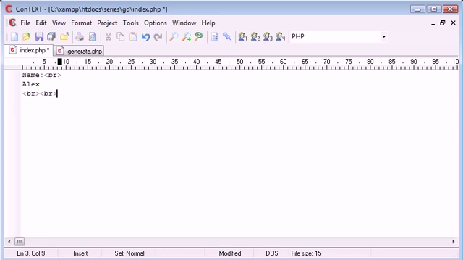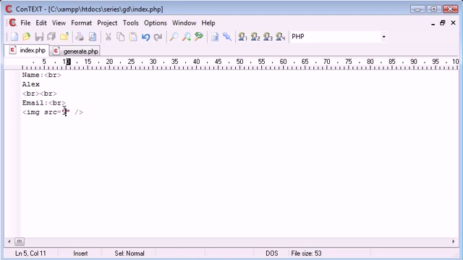Then we'll break down a couple more times and we'll say email. We'll break down. Now what we want to do is output this image from generate.php in here. So how are we going to go about doing that? Well, we're going to create an image like we normally would in HTML, and we'd normally say something like image.jpg here, or email.jpg or something. But what we can actually do that you might not already know is we can insert the